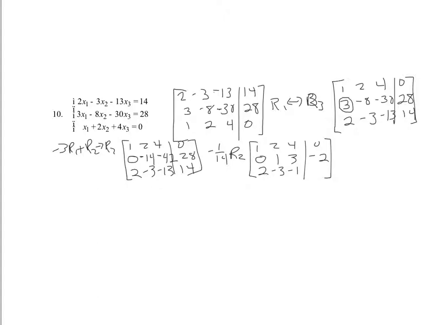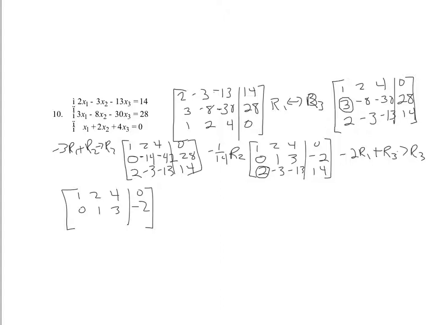All right, so 2, -3, -13, 14 is still the bottom row. So row 1, we're good for now. Row 2, we're good for now. Row 3, I need to make this 2 become a 0. To make that happen, let's take -2 times row 1 and add it to row 3 to get our new row 3. So I have 1, 2, 4, 0, 0, 1, 3, -2. Now on this bottom row,